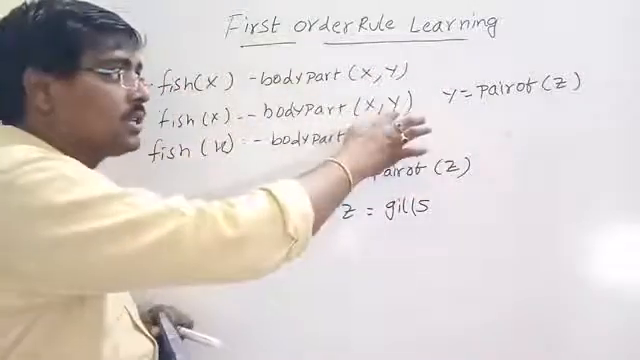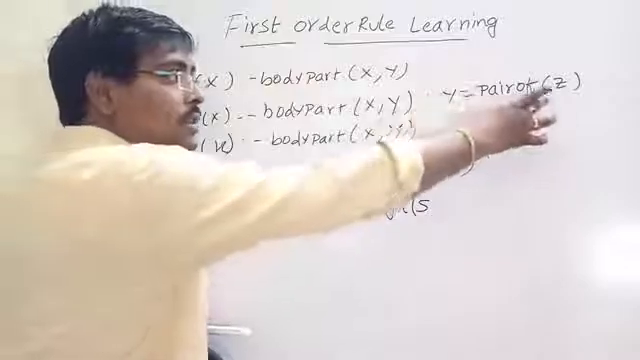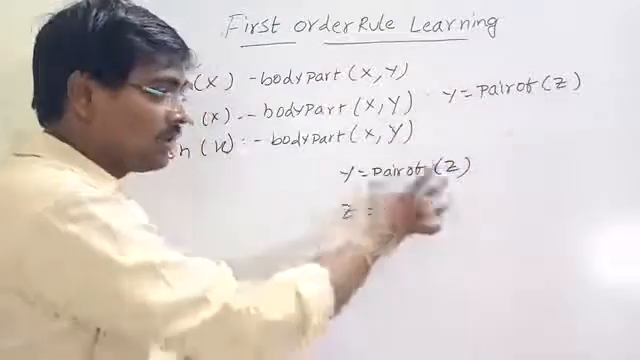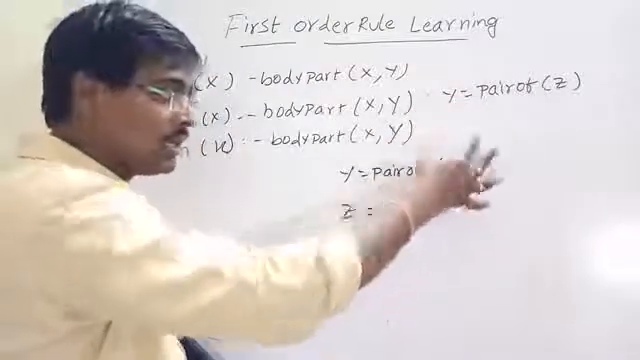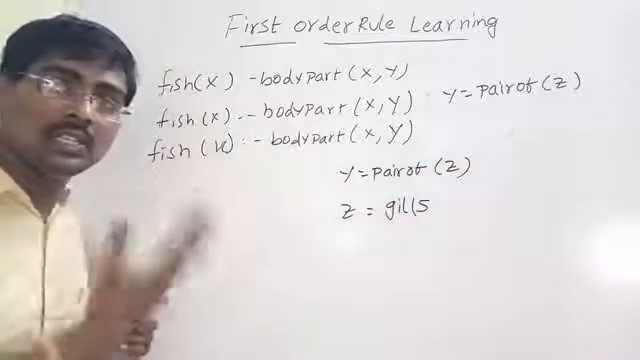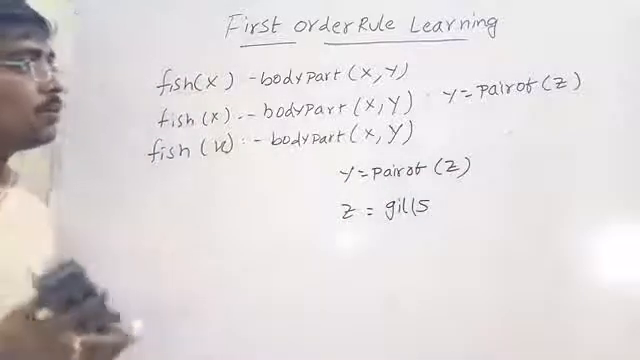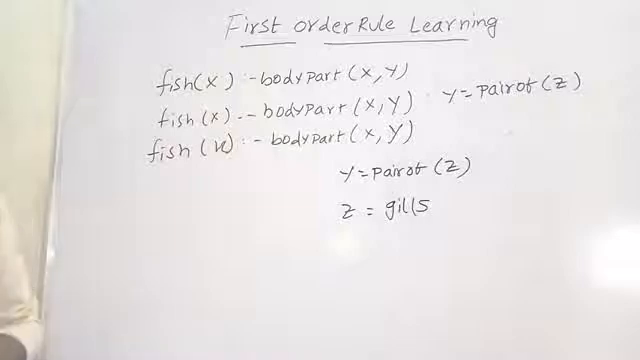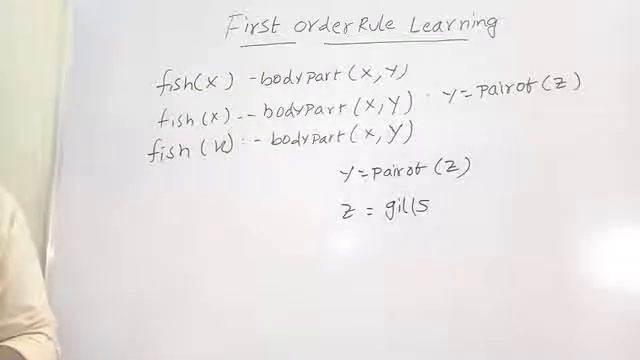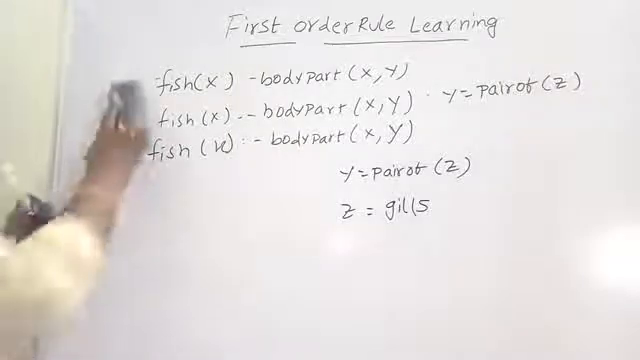The entire is constant. Here, instead of y, it replaces pair of z. Now z is replaced with gills. That is the searching heuristic. That is, the searching process is reduced. And the final one is